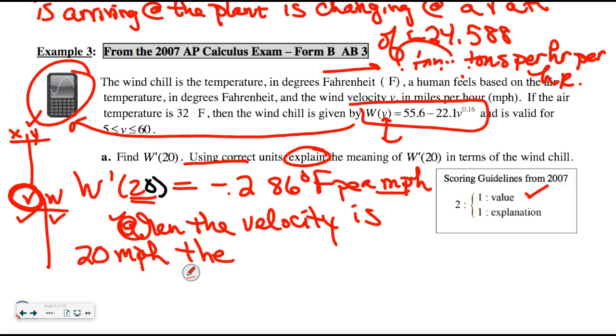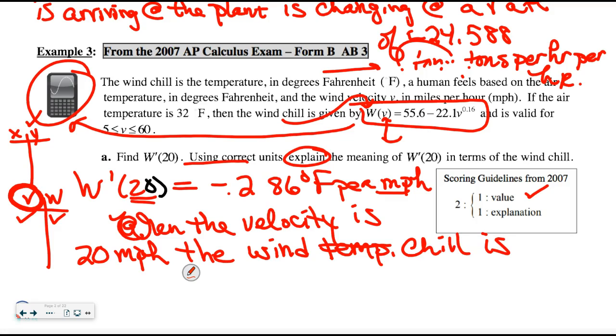what's changing in this problem? The wind chill or the temperature, you can say. You can reference it either way, but that's what this is. The subject of this problem is the W. That's what we're answering, right? The wind temperature, or what did they call it? The wind chill, let's do that, is changing